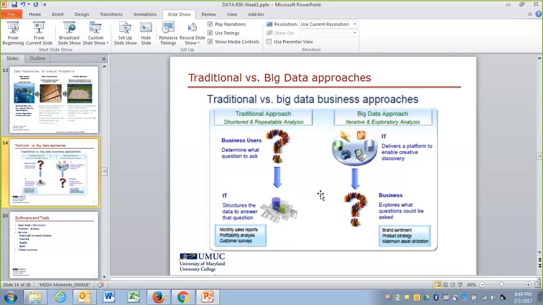But in the world of big data analytics, when you want to get insight from big data and do some prediction, or even prescription with analysis, you have to go to this new approach. In the new approach, the data analyst is given an environment where information technology delivers a platform as a service, and this enables the creativity of the data scientist.